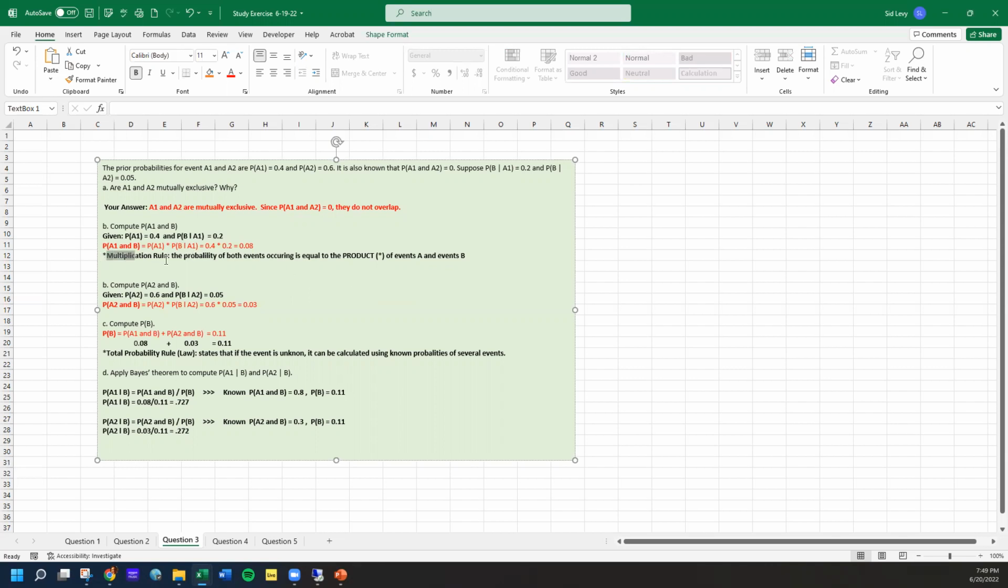Here you can see the multiplication rule, this is when both events occur, then you use the product. You're going to use the multiplication. Total probability rules, that is unknown, you can calculate, and that's where we do the plus. If you notice here, we have 8 point plus 3, blah, blah, blah. Because here you can see the probability of A1 and B and the probability of A2 and B, so that's where you get the plus sign. And if you look up here, you have the event that when that happens. Jamal, I know it's kind of confusing, but